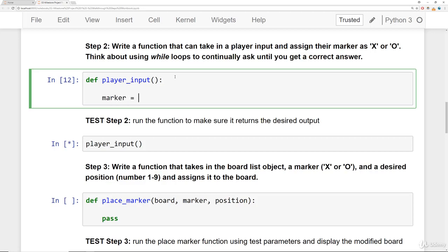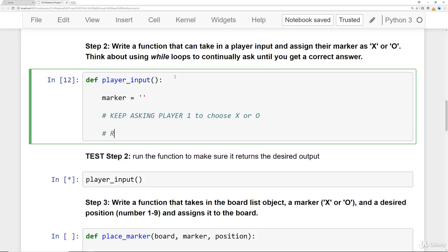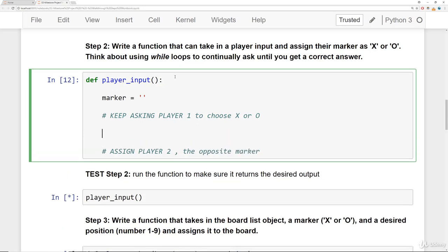One way is to set your marker as an empty string. And then what we're going to do is keep asking one of the players, such as player 1, to choose X or O. And then once they've chosen, we'll assign player 2 the opposite marker. So how can we keep asking player 1 to choose X or O? Well, we can say while the marker is not equal to X and the marker is not equal to O. So that means the marker is both not equal to X and not equal to O, meaning someone hasn't supplied